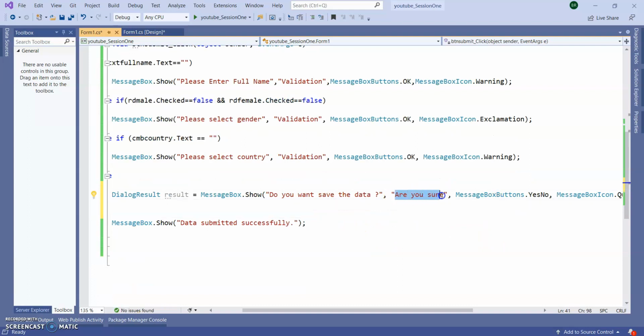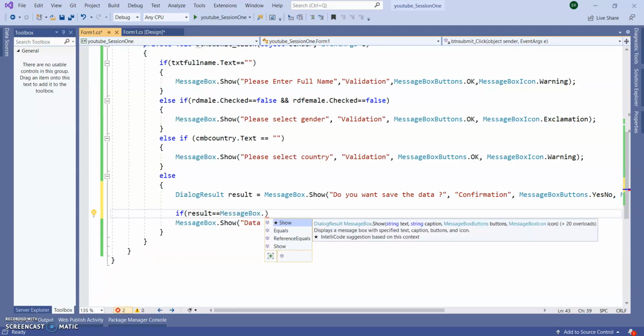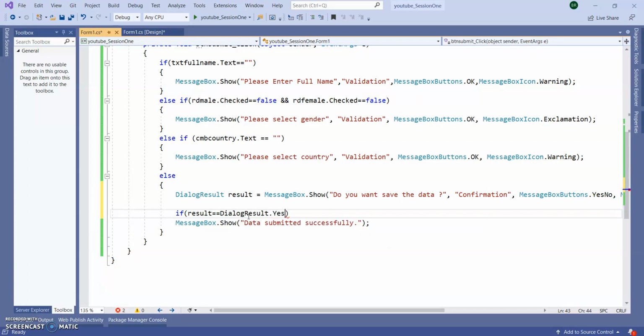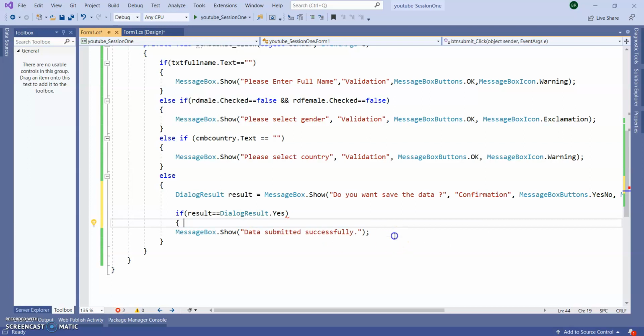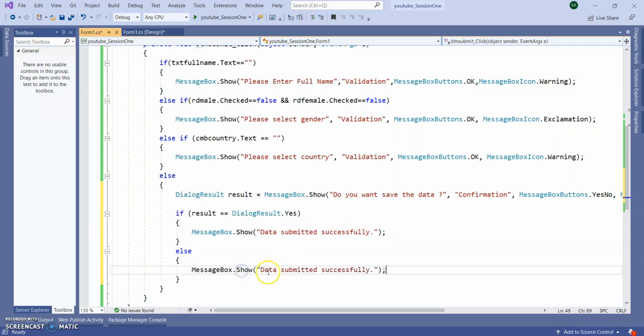Here I'm giving one caption, confirmation, so it will be good, right? Next, I want to handle the result. So if result equal to DialogResult dot Yes, then data submitted successfully, else means no. So here it will show operation cancelled.